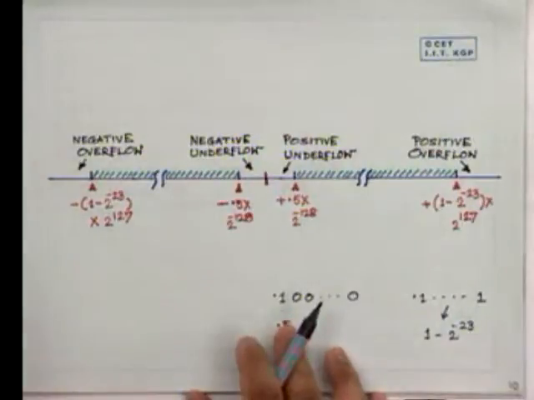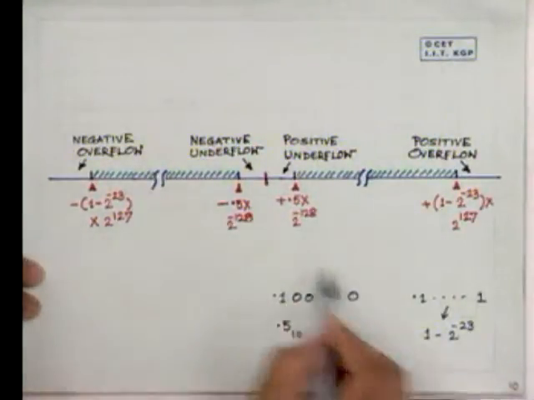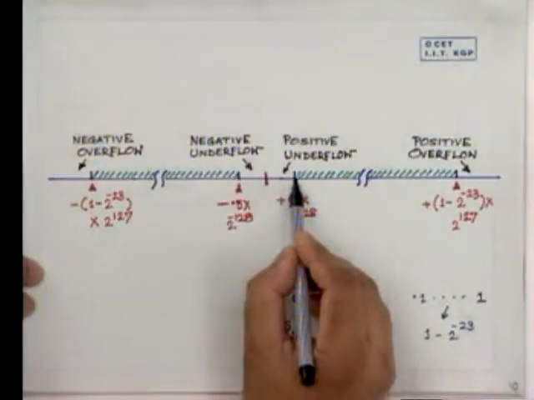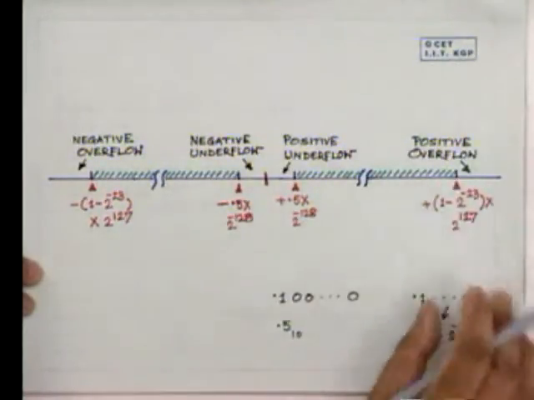Another important point is that when we have such a finite representation, even all numbers within the range cannot be represented. Let us take an example and show what the pitfalls of floating point numbers can be. Because of the finite representation, the continuum from here to here cannot even be represented. Okay. See,